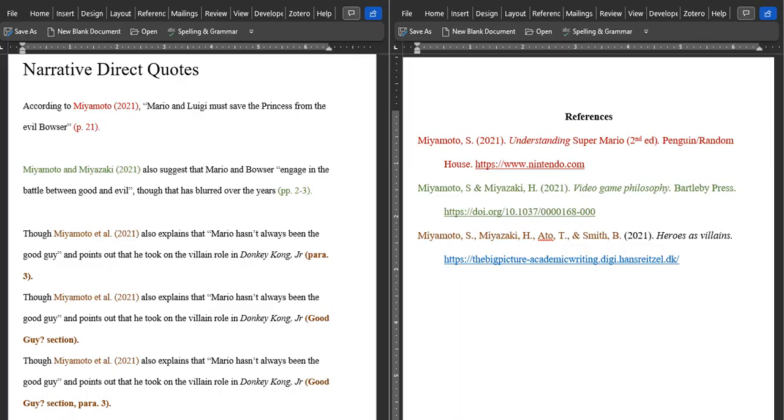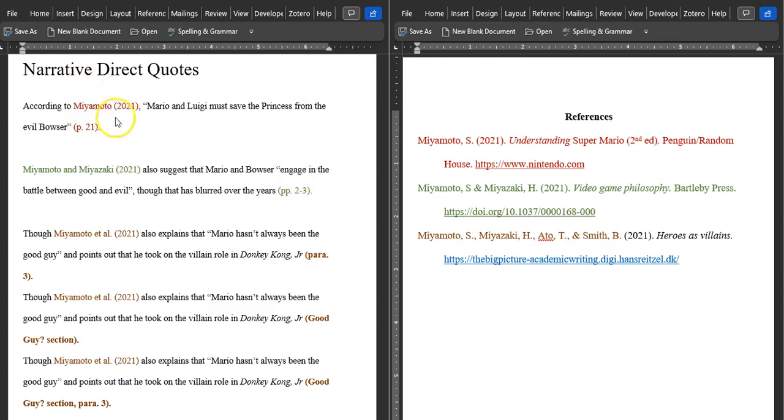Same layout as before, with the examples on the left and the reference page entry on the right. Top two are if the source has pages, and the bottom three are if the source doesn't have pages. I bolded these for emphasis and color-coded them. But once again, you won't do this for your paper. You don't bold it. You don't use different colors.